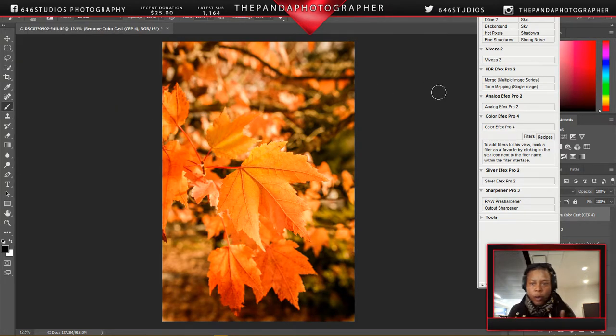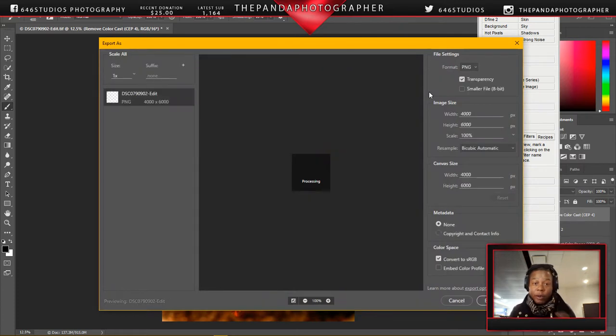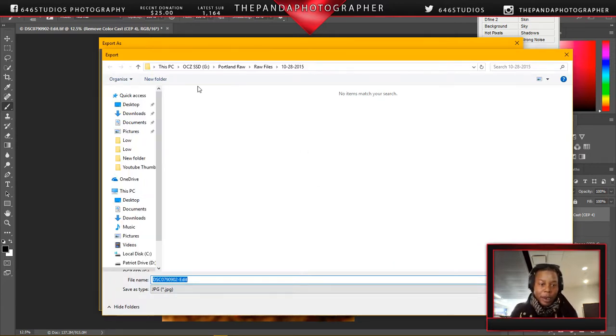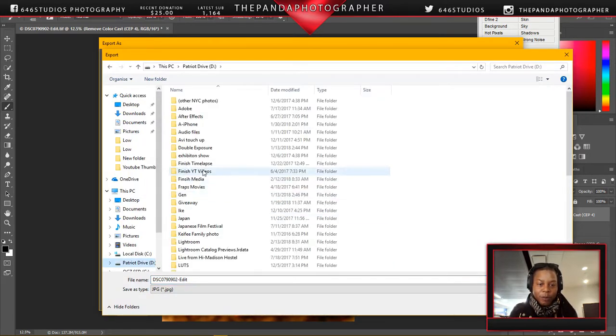So when I'm actually saving the file, now I do it two ways. I do a high res file and a low res file. So go to JPEG. So this one is going to be 100%, and you can see that I didn't crop it. It's 4,000 by 600. Either way, it's still no crop. I am going to select the copyright and contact information metadata that I attached from Lightroom. I'm going to export it out, and if I can remember where I put this file,